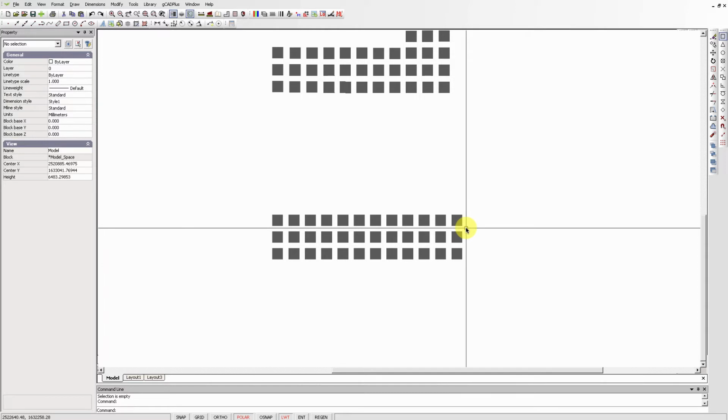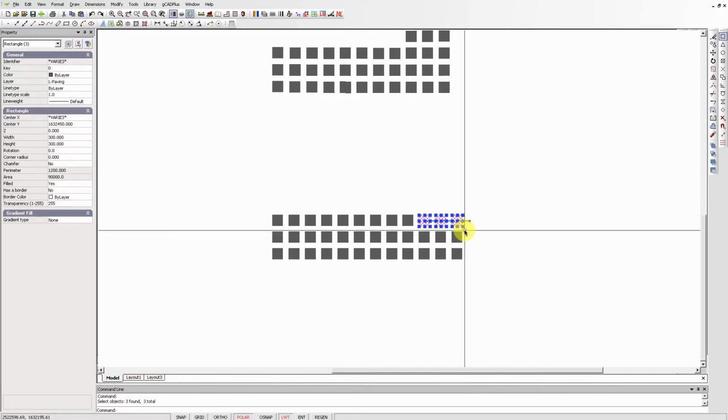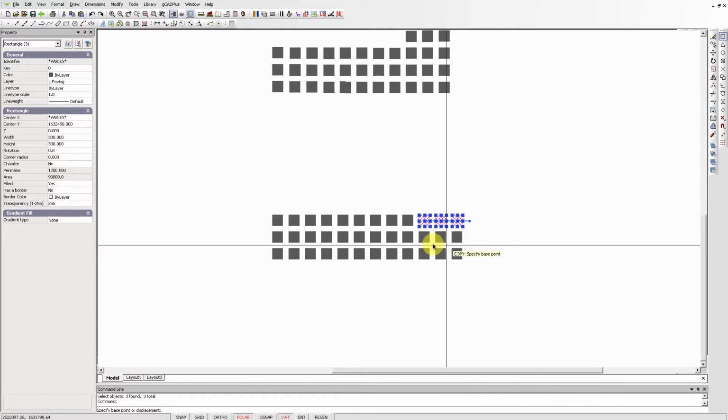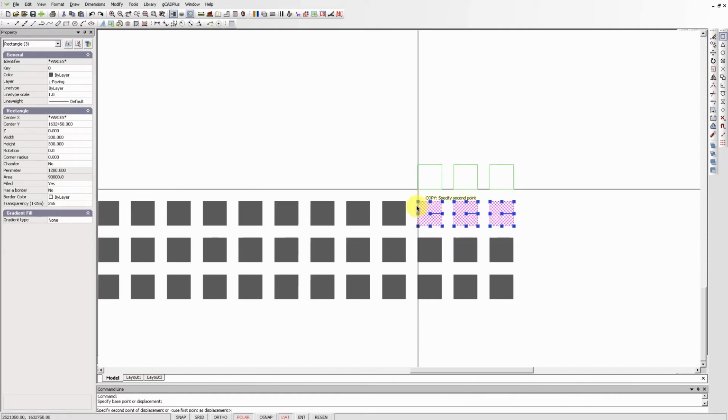So I've got a snap that is set through polar. So let's take that group there, and we'll copy it. And remember, I've got 300mm paving bricks and a 450 snap setting or gap setting in that additional angle. So if I copy from here, the bottom point, and can you see I just move